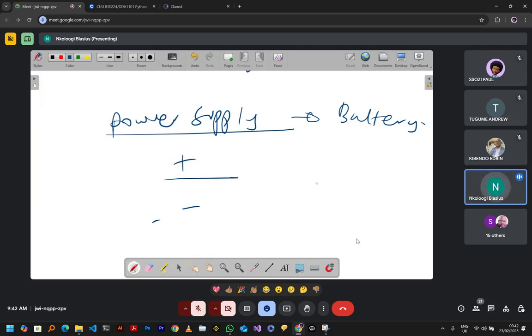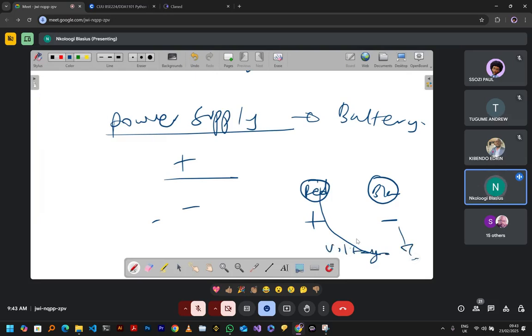On our power supply, we might have two terminals, maybe one is a red terminal, another a black terminal. The black will always be the negative, and the red will be the positive terminal. So we might need to connect to get our voltage from this side,